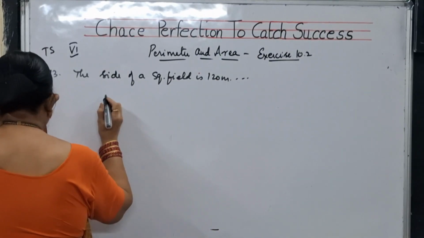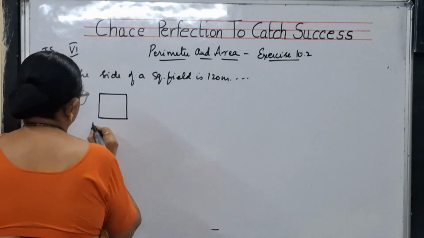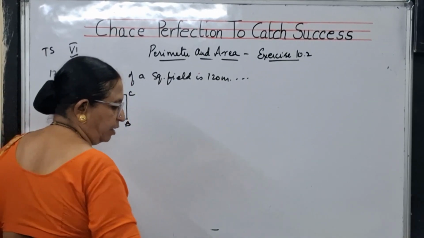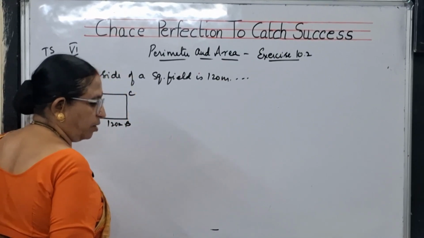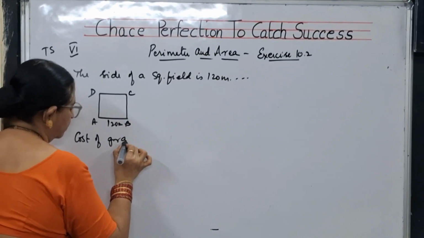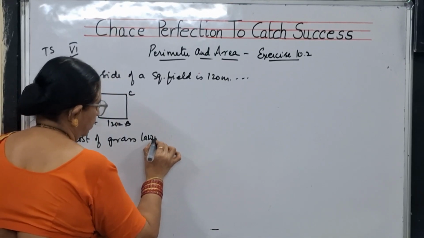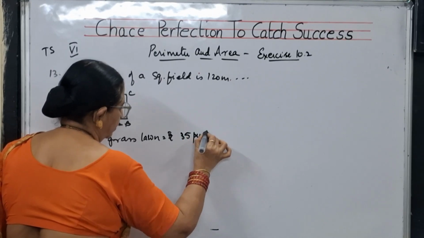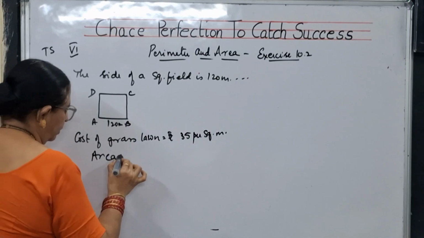So there is a square field ABCD. What did they say? The side of a square field is 120 meters. And the cost of grass lawn is rupees 35 per square meter. So first let us find out the area of